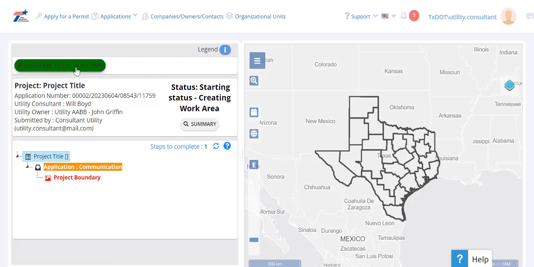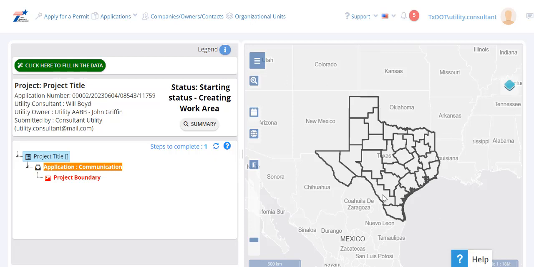Usually, the button here at the top is going to give you a shortcut to access that node, whatever the required information is, and make sure that you fill that out. Here to the right, we have a map of Texas and the surrounding areas. As we go into drawing our project boundary, we'll zoom in on a certain portion, we'll draw our boundary, we'll draw our design, and as we continue through those steps, this map will